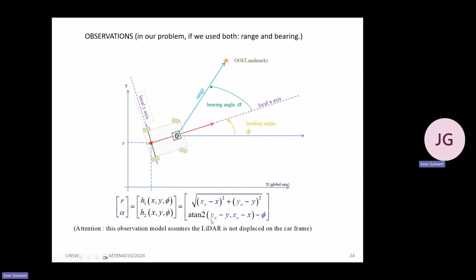In this equation that I'm obtaining here, I'm assuming that this LiDAR is actually here. There is no displacement. Attention, this observation model assumes that the LiDAR is not displaced, okay? Let's assume that for simplifying our discussion here. If the LiDAR were here, the center of the LiDAR would be the 0, 0 of the car coordinate frame, so that range will be the distance between my position X and Y, that is the position of my LiDAR or the position of my car. They're exactly the same in this case because there is no displacement